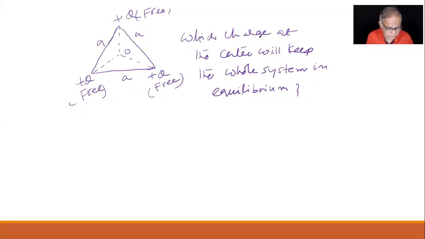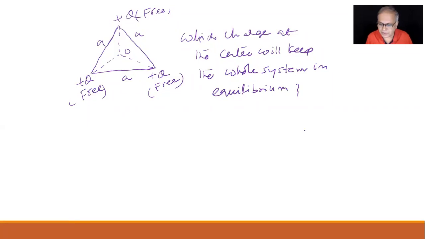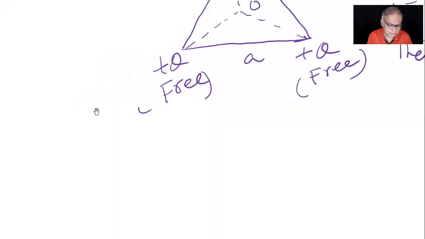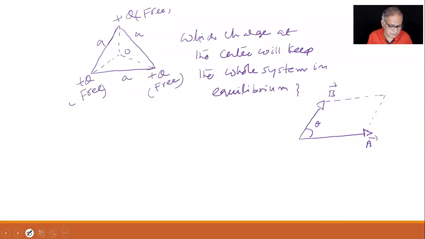But let me remind you about the law of parallelogram of vectors and the cosine rule. I'll just show it. But once it is shown here, I want you to use it anytime in future again. If you know the components also, that's okay. But for this kind of problem, this may be an easier way. The angle between them is theta. The resultant is like that, in the middle it goes.